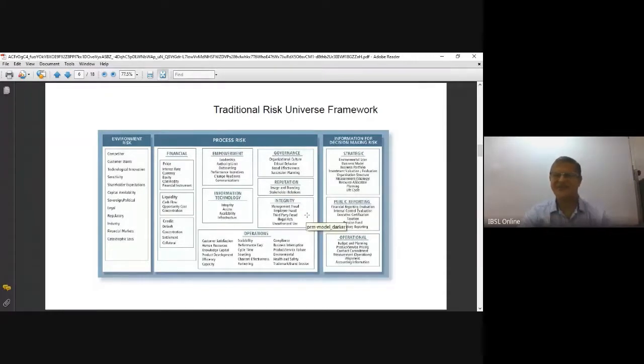So we need to keep the integrity. If you get news like management has fraudulently taken the depositors' money, your integrity will be lost and you may not be able to conduct your business. So these are types of risk in our universal risk frame, and these need to be